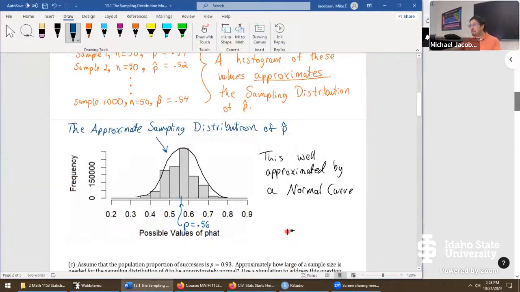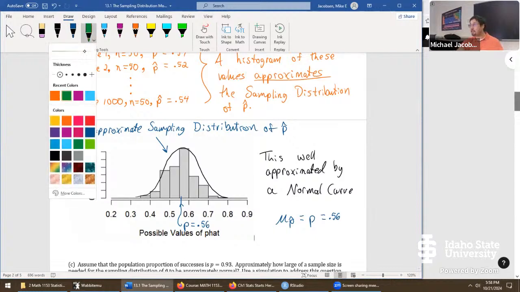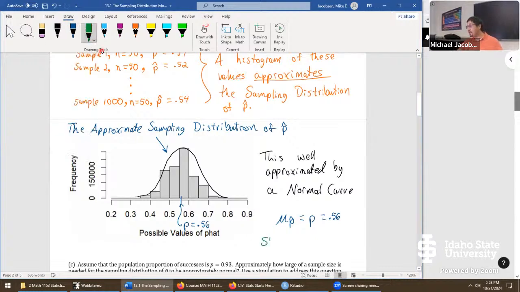To make that happen, we need to know what is the variability. So that's the hard part. We know that the mean mu of p-hat equals p, which is 0.56. So this is a way of saying the mean, using the parameter mu for the mean. But I put of p-hat here, just a subscript, to just say the mean of what specifically. Next thing our author does is he says SD for p-hat. Let's leave a question mark on that, because that's the major struggle right now.